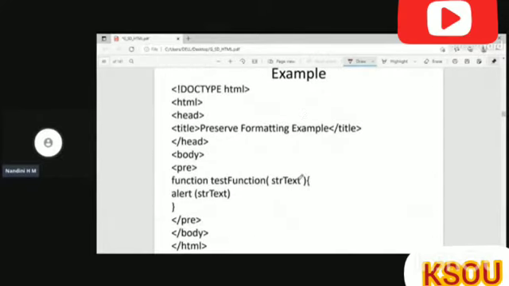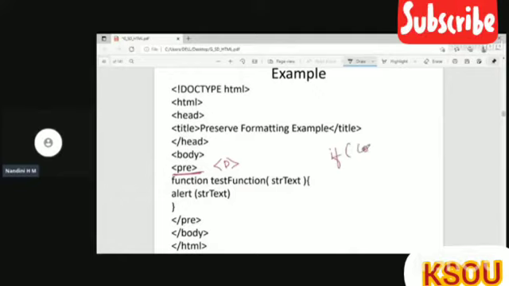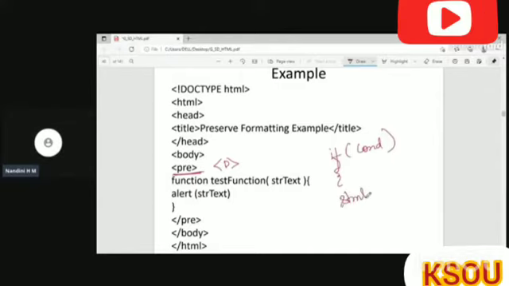So for that example, you can see here, I have used the preserve formatting tag. If I have used a paragraph tag, it will be displayed in the web page in a continuous line, right? But I want this particular format. Here I am writing some program: an if condition, then a curly bracket, and then some statements, and then I'm closing the if.